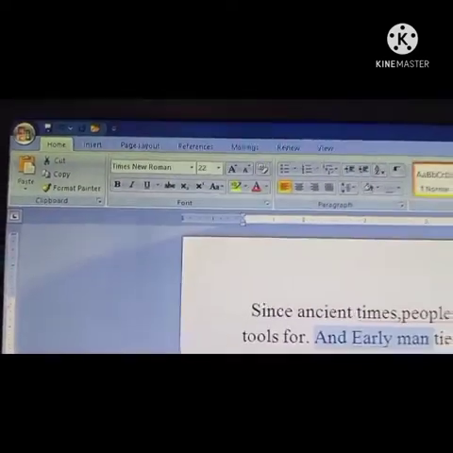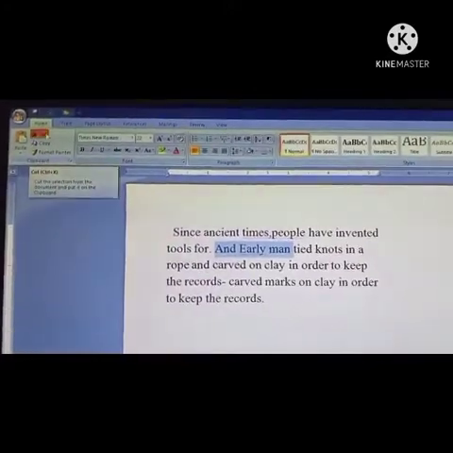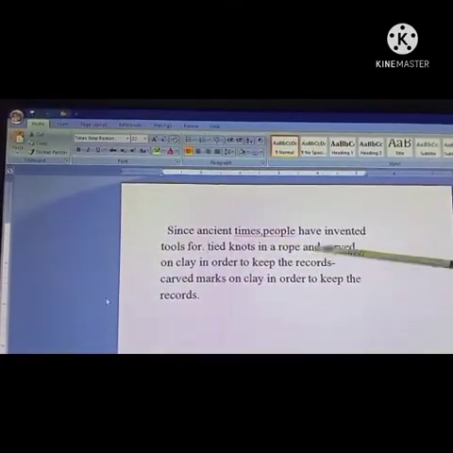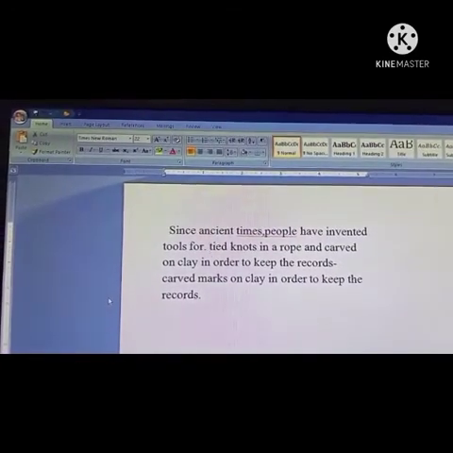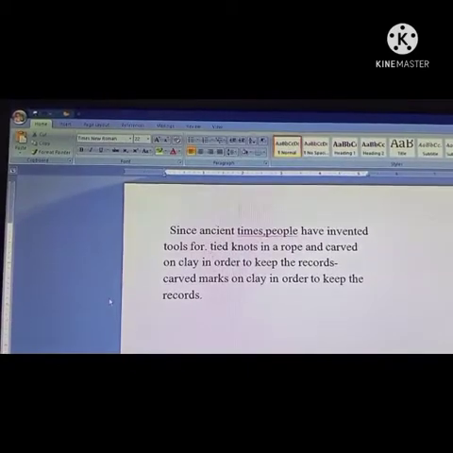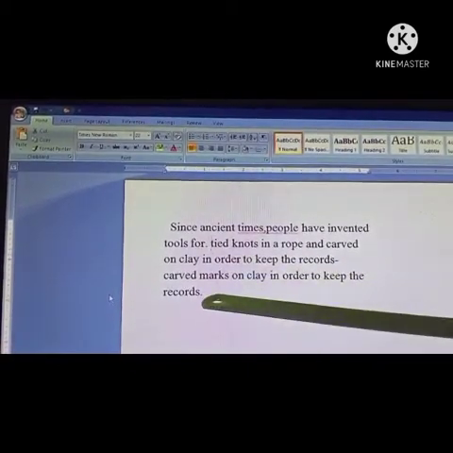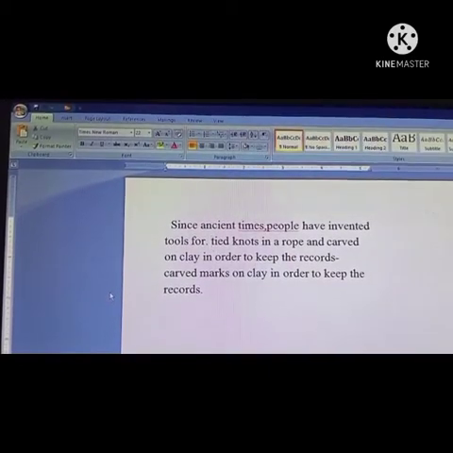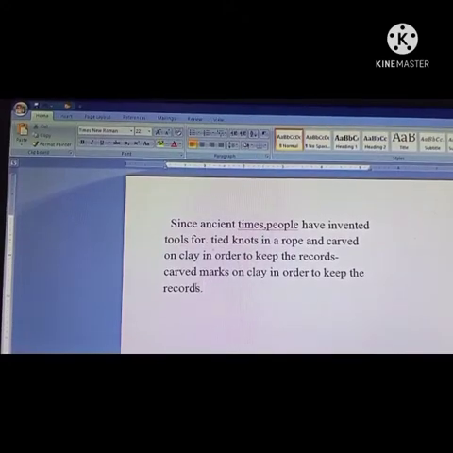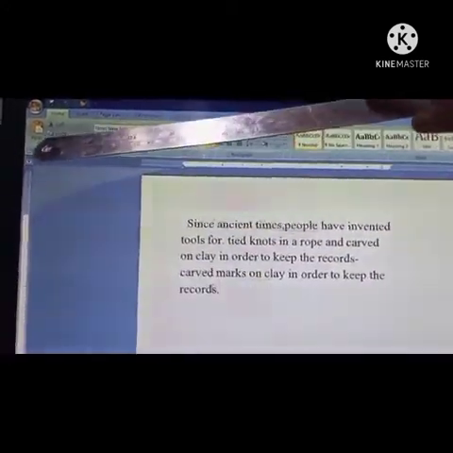Now children, bring the mouse pointer on the cut and then click it. Now look children, the selected text will disappear from its original location. Now next, children, is the paste command. You want the deleted text here after the word "record". Then bring the cursor here, click it here children, and then in the home menu there is a paste option.